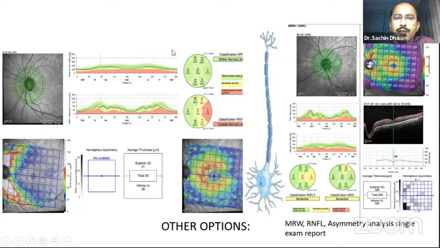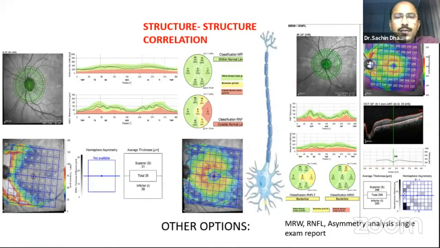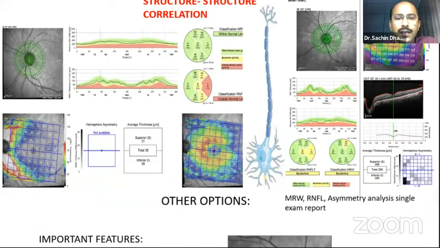Exactly as I told you, the entire neuron in one picture. You do not have any segmentation picture here, so I prefer to have another OU map, which gives me the RNFL segmentation, the quality checks, and the status of the posterior vitreous, which again is not seen in many machines. So structure correlation is very important. You have to know the entire anatomy of the neuron.